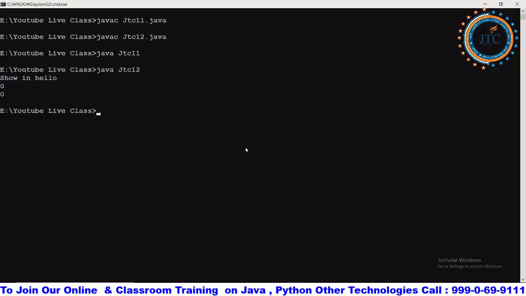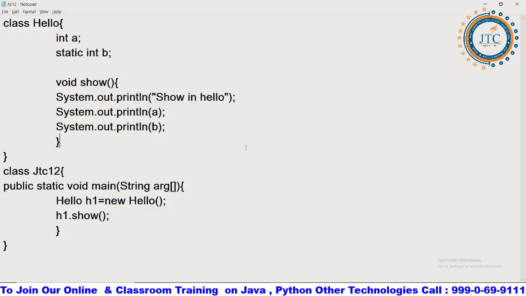See, the question I want to ask is: boss, who has initialized this value to A and B? You have not initialized it. So somehow by default JVM has initialized the value 0 and 0 according to its corresponding data type, and that's what has been done here. But at the same time, when you put final here, whenever you are writing something called final.